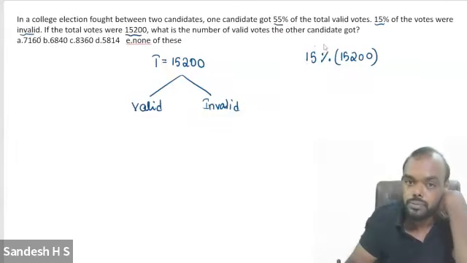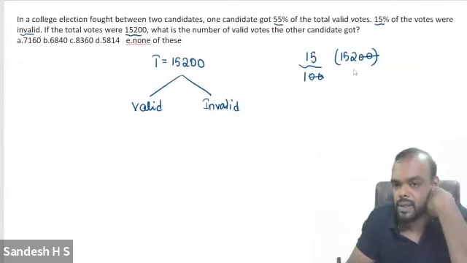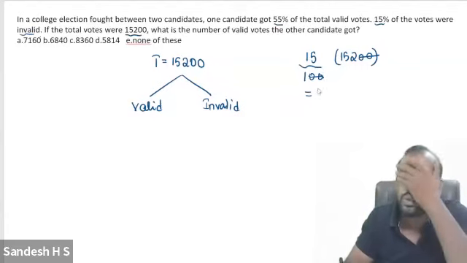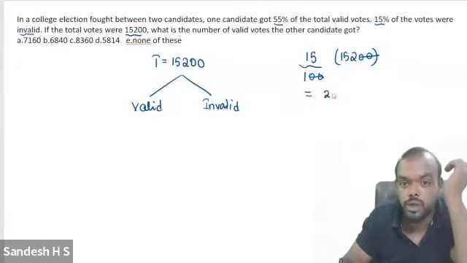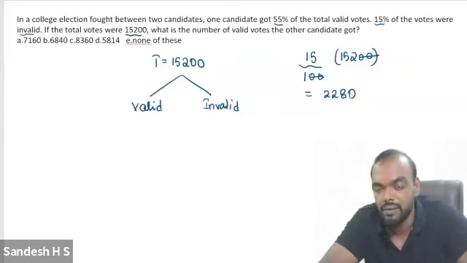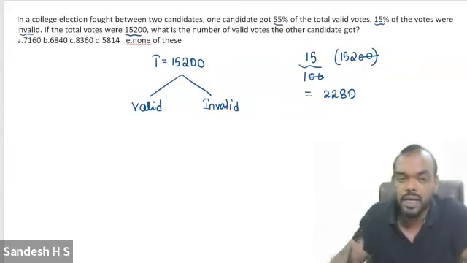Okay. So 15% means 15 by 100. Zeros cancel. When I multiply this, this will give me invalid votes. So that will be 1500 plus 750, 2250, 2280. If you multiply 15 into 152, that will give us 2280. Invalid are